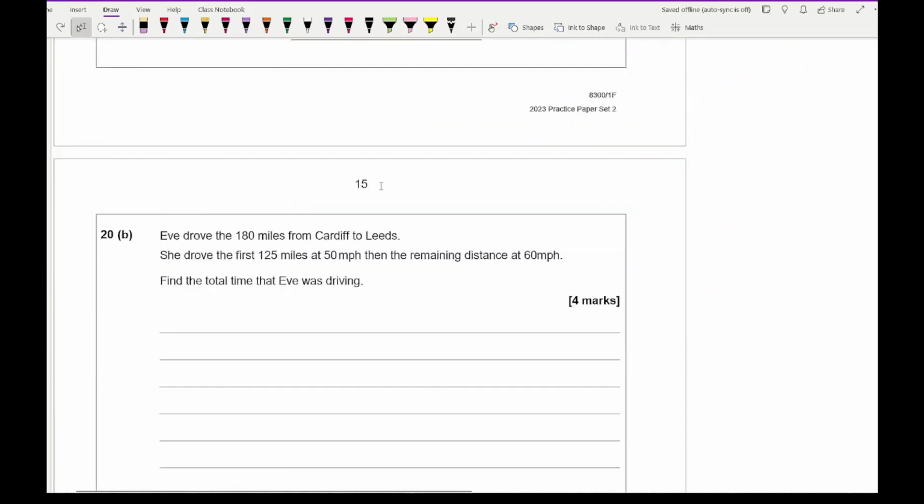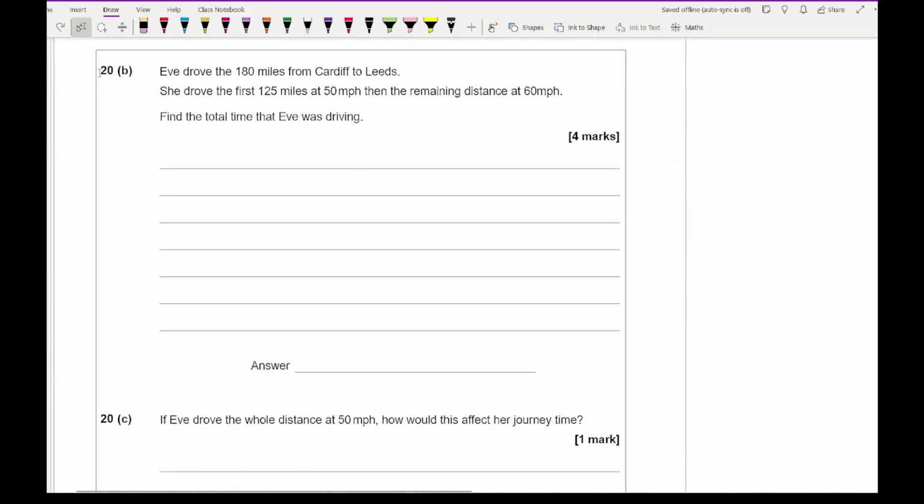And moving on to question 20b, it says Eve drove 180 miles from Cardiff to Leeds. She drove the first 125 miles at 50 miles an hour and the remaining distance at 60 miles per hour. Find the total time that Eve was driving. Well, for this, I need to set up my distance, speed, time triangle. Now, for the first part,